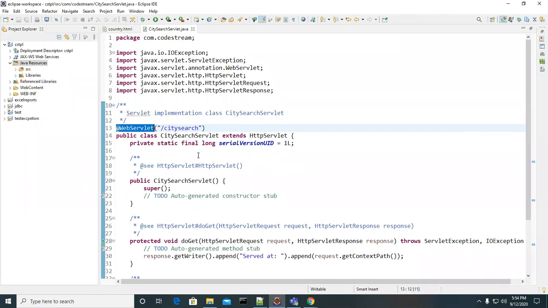That annotation looks like the configuration we did in web.xml, right? Like servlet name, servlet class, and again servlet mapping. So name and URL pattern, like this. Whatever we did in web.xml, the configuration for that particular servlet, the same thing it takes care of. The meaning is the same here.